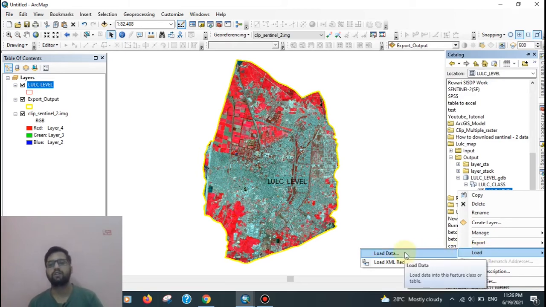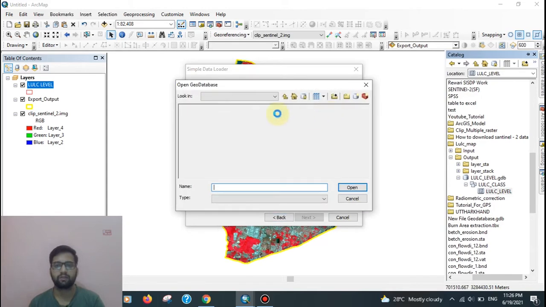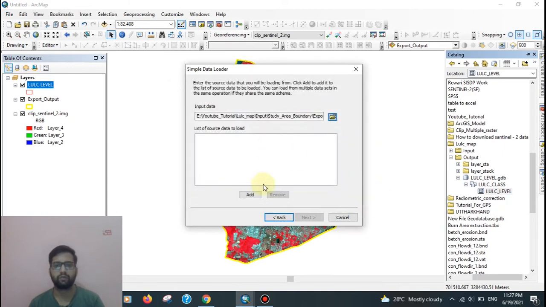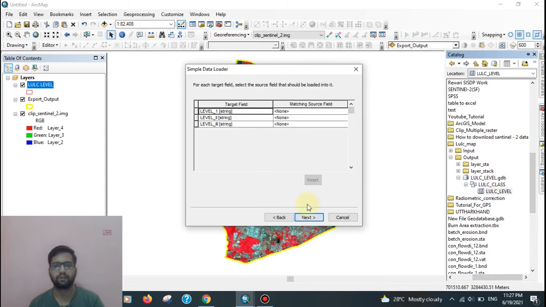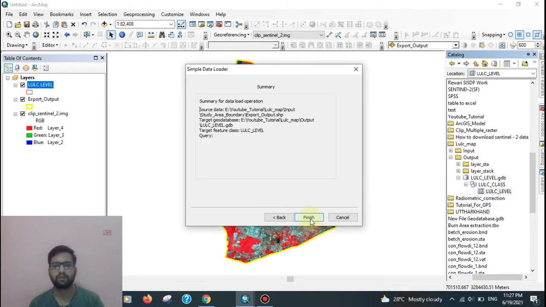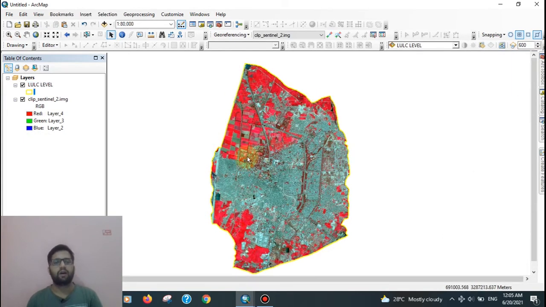So at first you have to load the study area boundary. Okay, next open, add, next, finish.